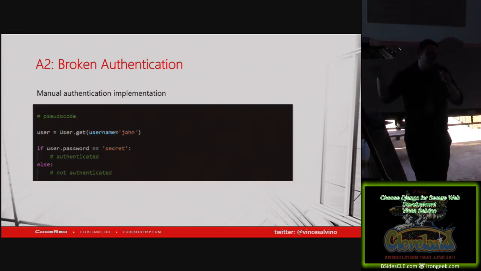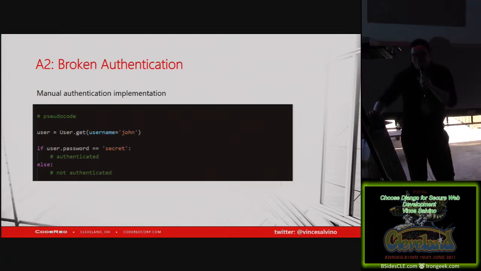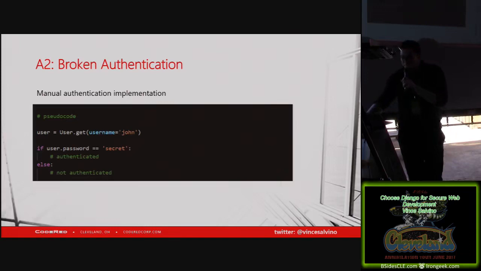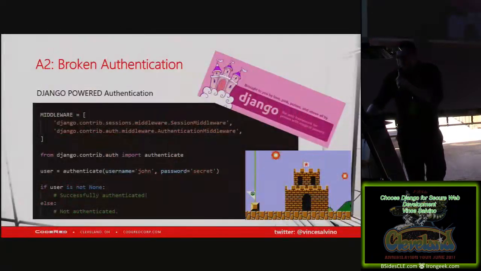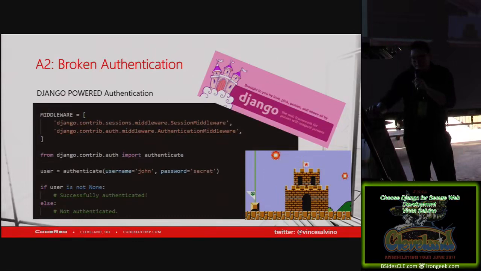Broken authentication. How many of you have seen any code that looks like this, where you're authenticating a user and you're saying, if password equals whatever they just put in, password1, right? You see this all over the place. Clear text passwords, no hashing, no salting, either two-way encryption or no encryption at all. Once again, let's power this up with Django.